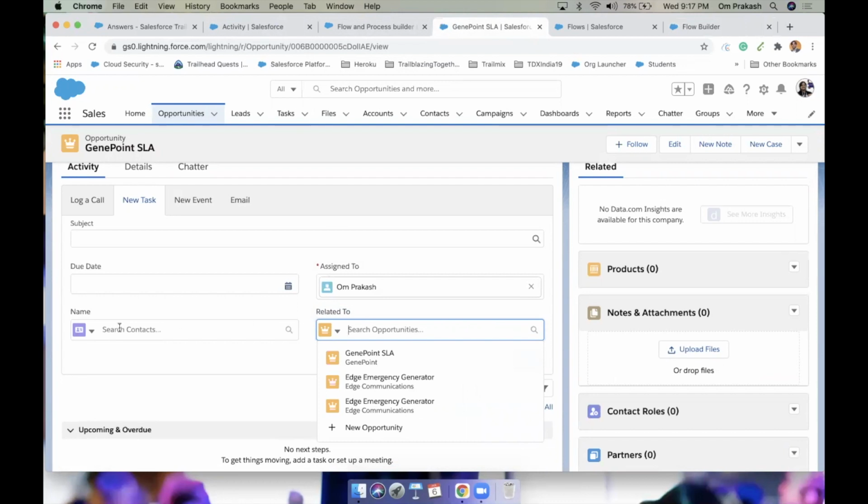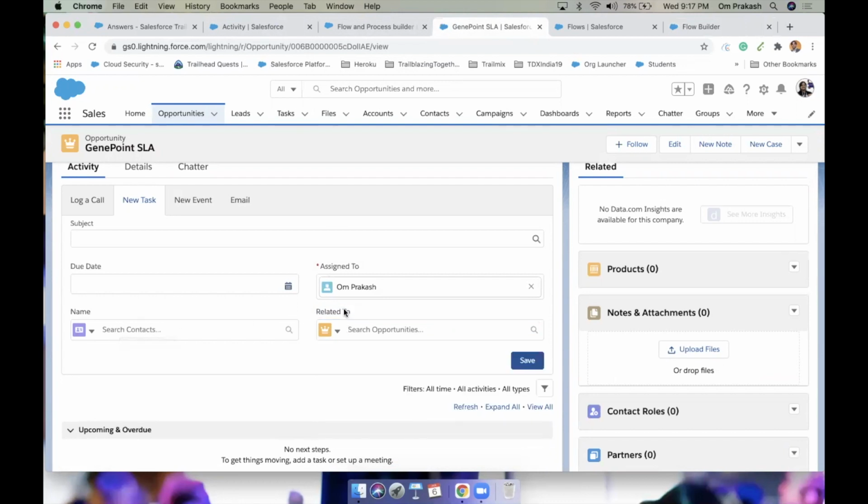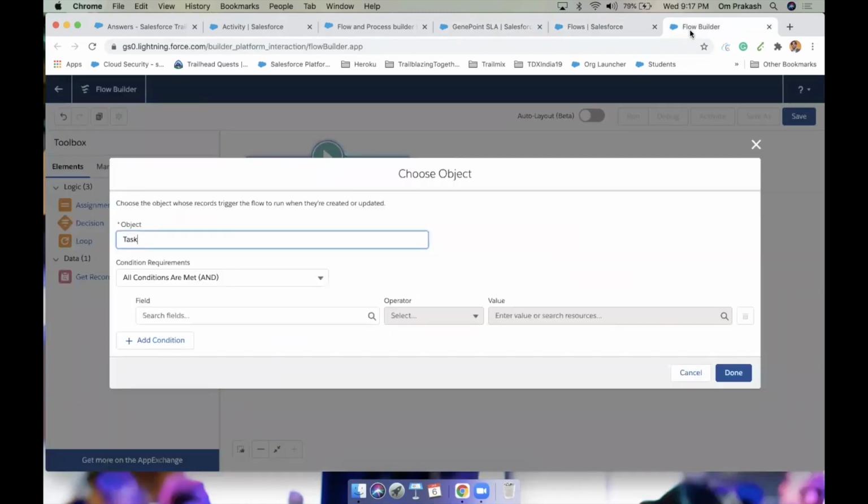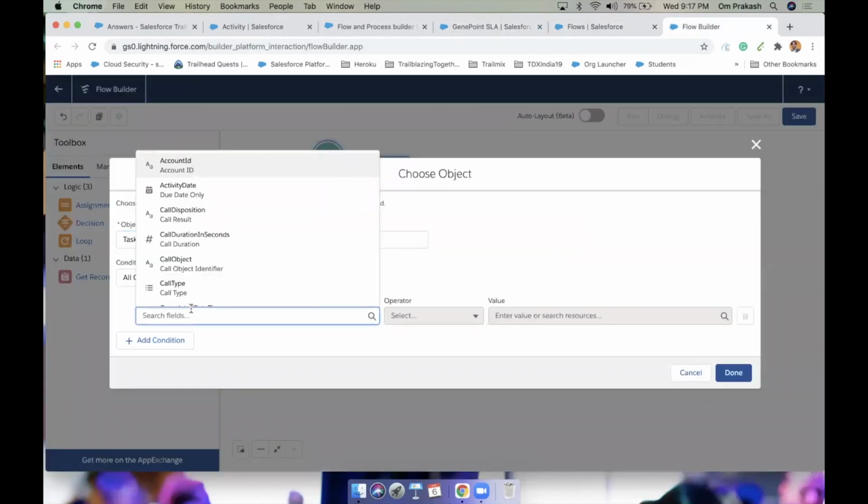By the way, contact is here under Name. So we need to filter the criteria only when Related To is an opportunity, because our requirement says the same thing. So let's go in the flow and add a field.